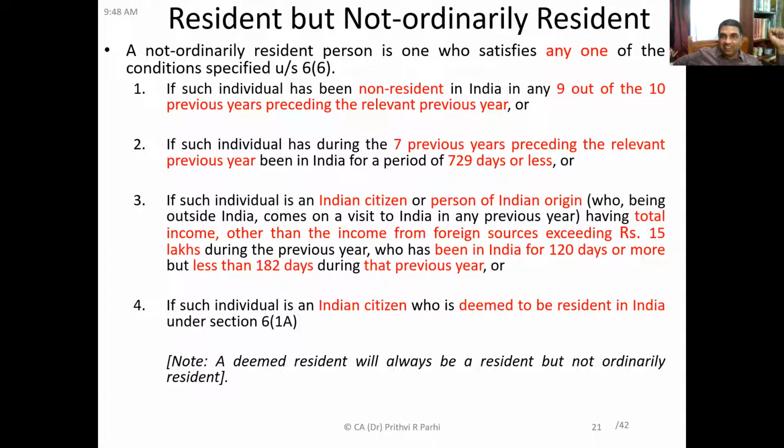Are you getting it? Are you able to get it? Yes, sir. Okay. What it is saying? He has been non-resident in 9. That means at least out of 10 years, if he is resident in 2 years, then this condition will